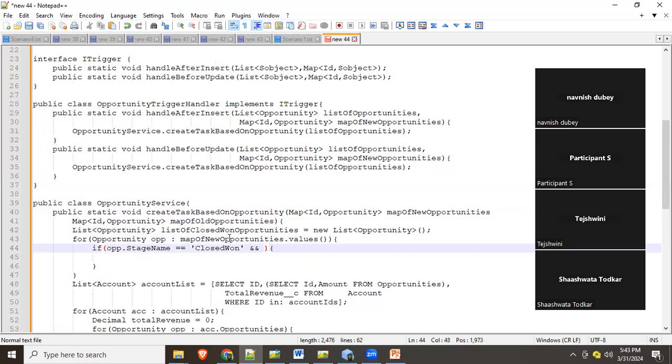And I'm iterating on the new values and old values. I would do the comparison and not equal to null. And